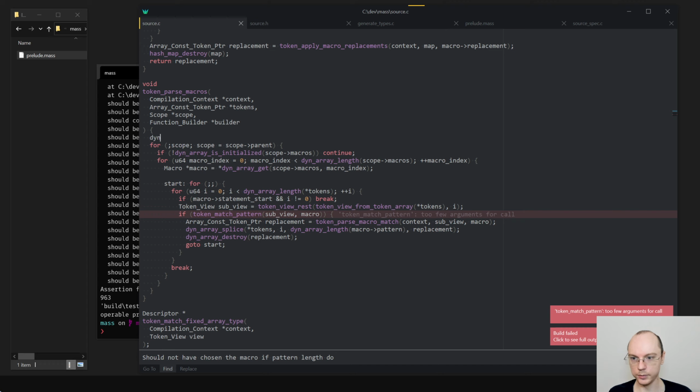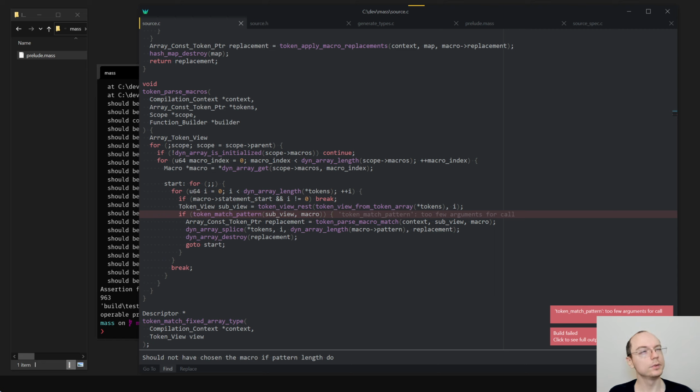So we'll say array token view. So now instead of passing a token view that consists of a token, we will have an array of token views that allows us to say it will be either one token that we will match, or it will be more than one token that we will match. Okay. Array token view.